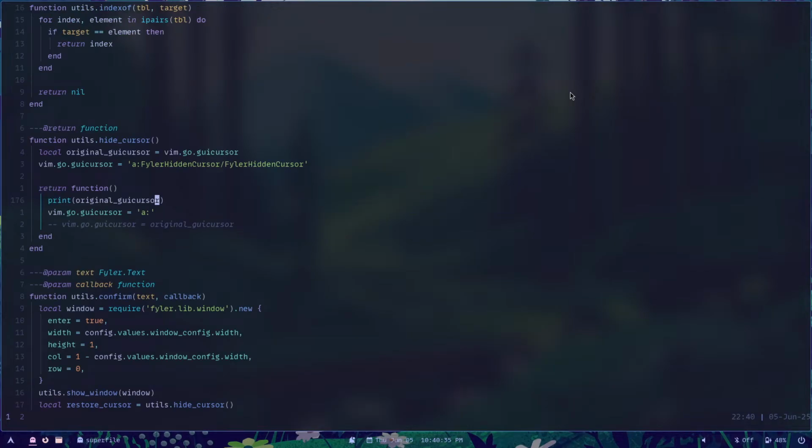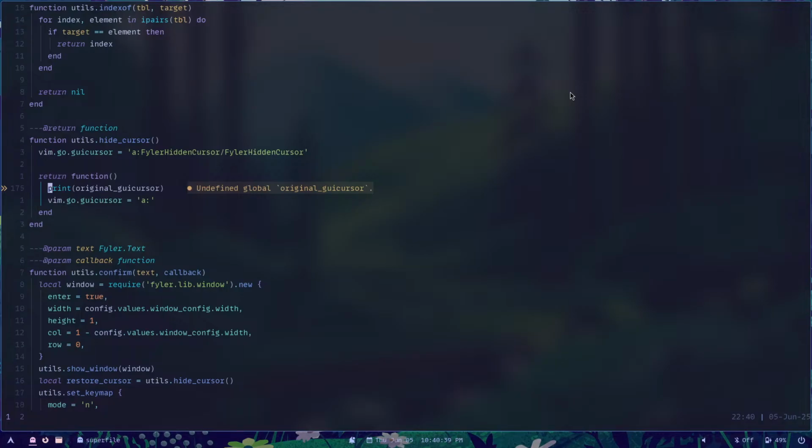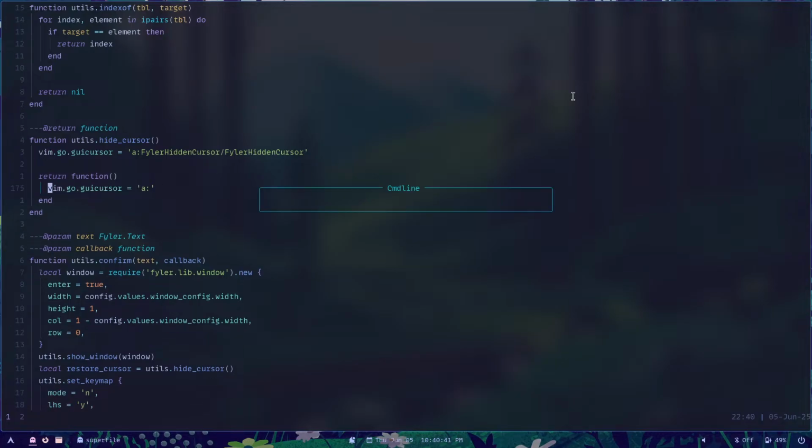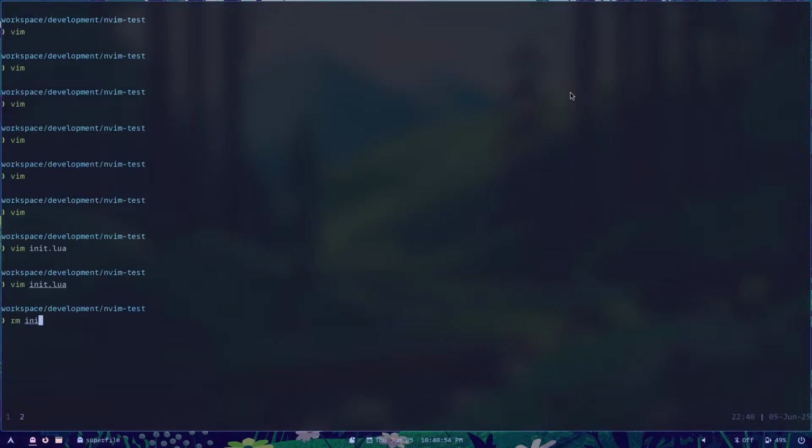Oh, you can see we don't need the original cursor actually. We can just set a column. That is awesome. So, okay, let's remove the init file here